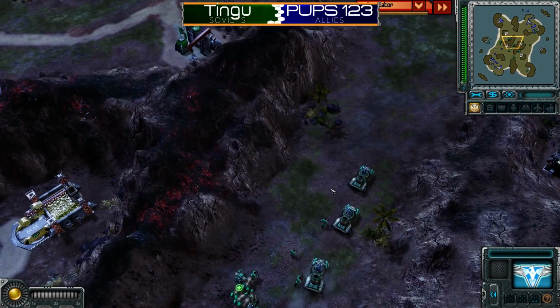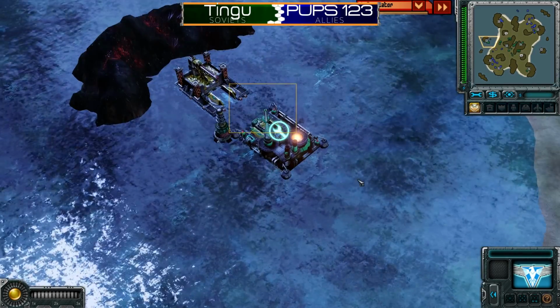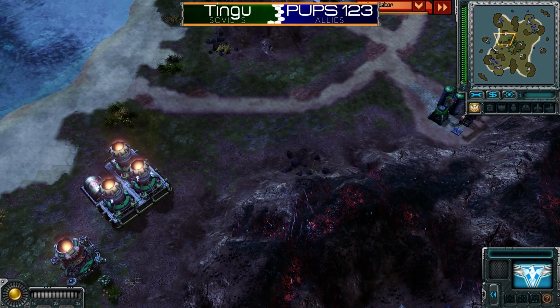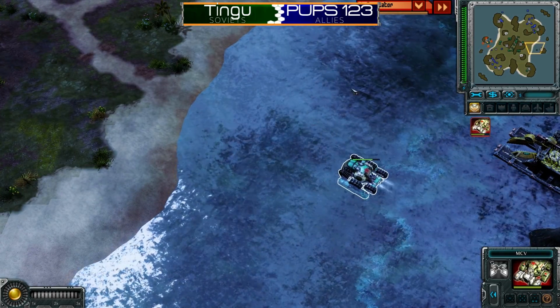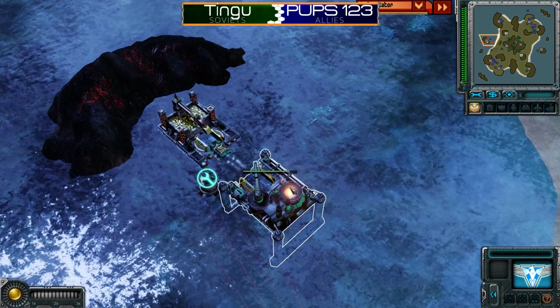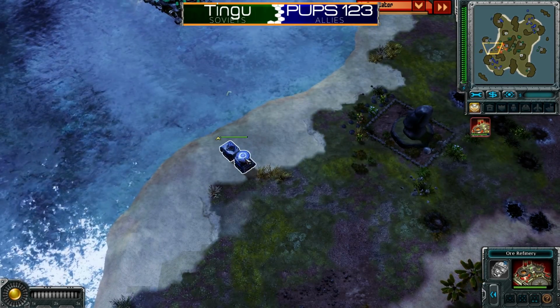Tingu, what in the world is he going to do? He did lose a War Factory and was not able to rebuild it. So he is, I don't know if he's on the ropes quite yet, but he is definitely under some pressure, even with the MCV on the move. And a single Akula sub is not going to be enough to defend against